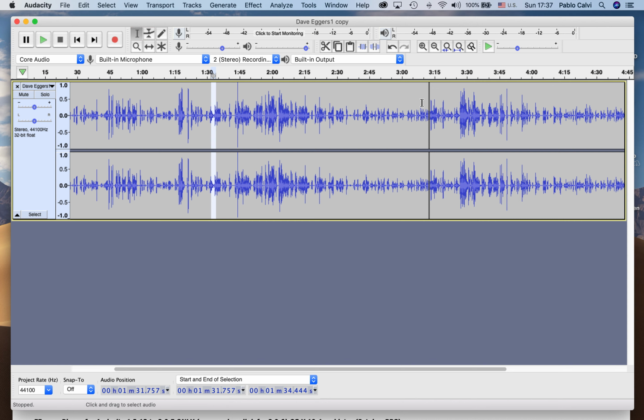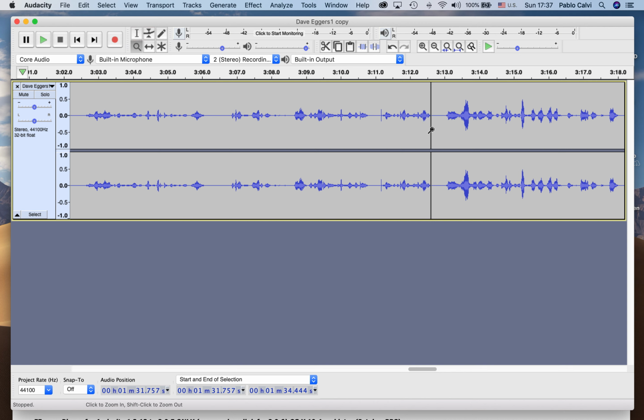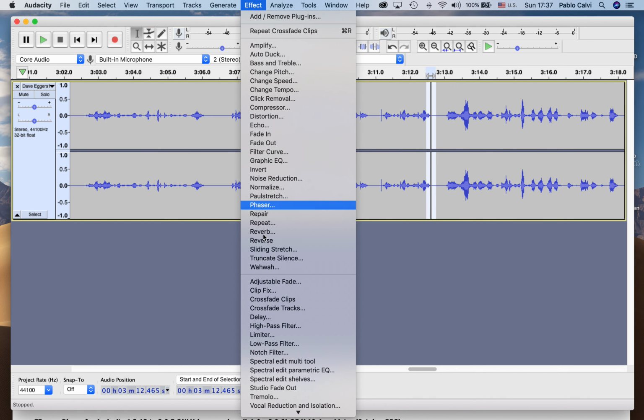Now again, I'm supposedly listening to this as I'm doing it, and I'm expanding it a little bit more to make sure that I'm cross-dissolving them at a place where there's no audio or pretty much no audio. So I'm going to do the same thing here. Select this little patch, and with the effects,